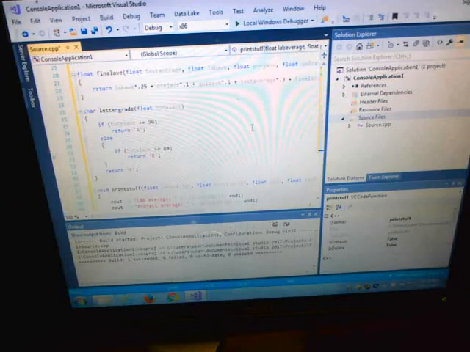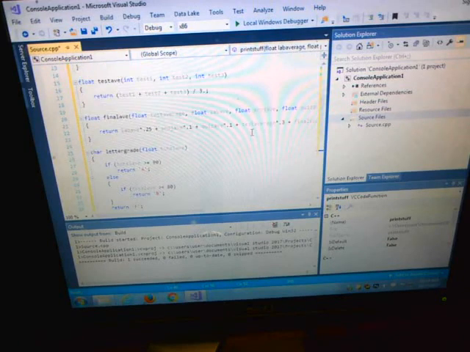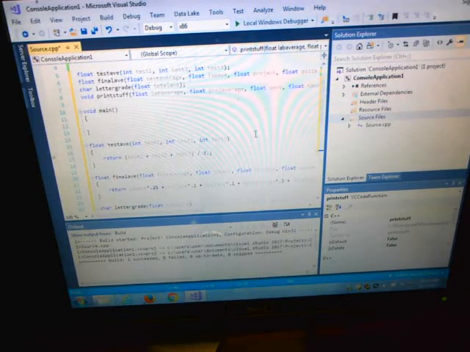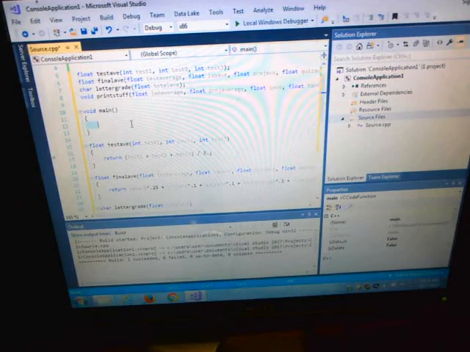All right. Well, I don't think we're going to quite have time to finish this today. Notice at this point, we don't have anything at all in our void main. All we've done so far is we've built all the functions that we need. What are we going to put in our void main? Just the function. We have to tell the person to input all the stuff. And once we input all the stuff, then we'll call our functions. All right, so we will pick up here. Now Thursday,